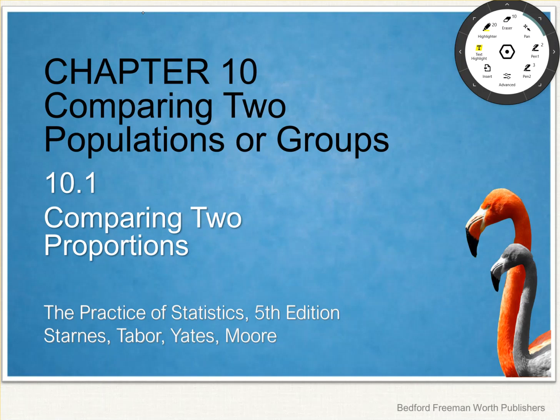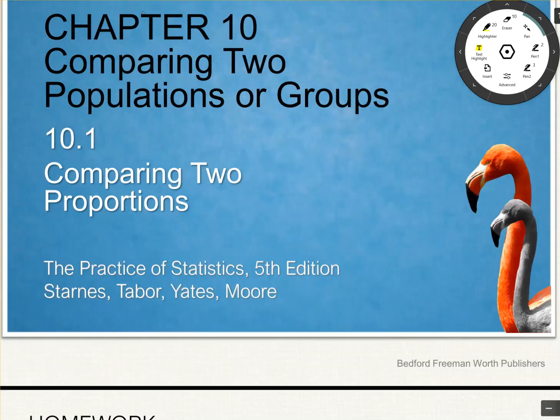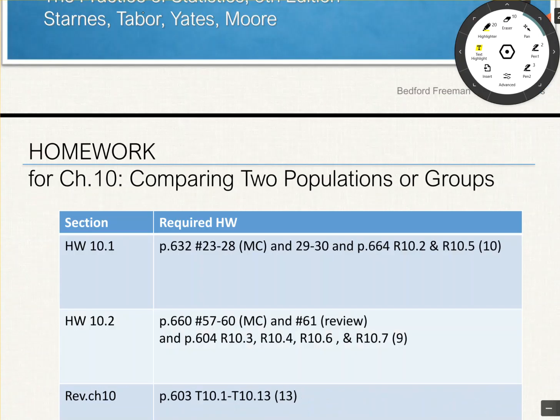I think this section is actually pretty easy. If chapter 9 made sense, then I think chapter 10 will make sense. It's really just an extension of chapter 9. So 10.1 is about comparing two proportions. 10.2 is about comparing two means. So if we're looking for proportions,